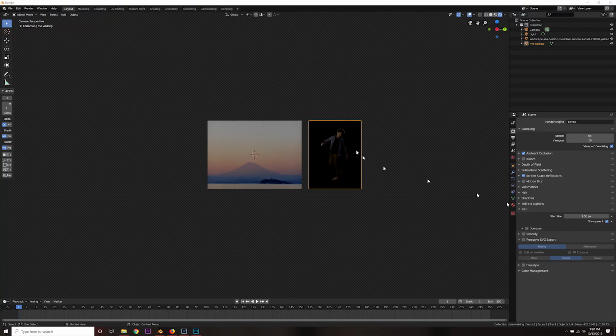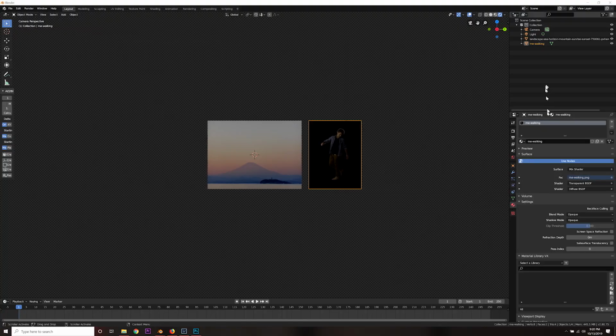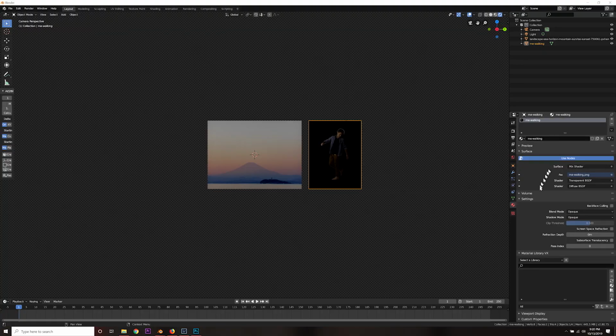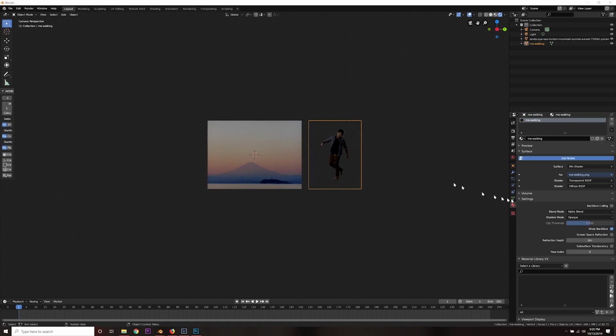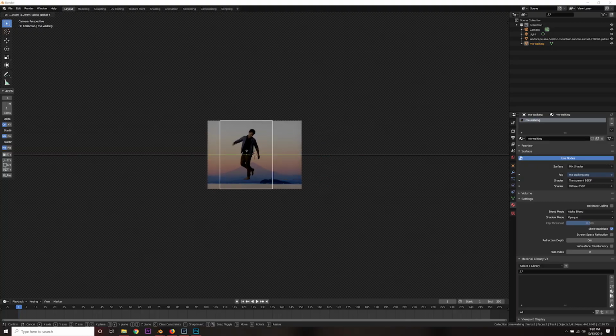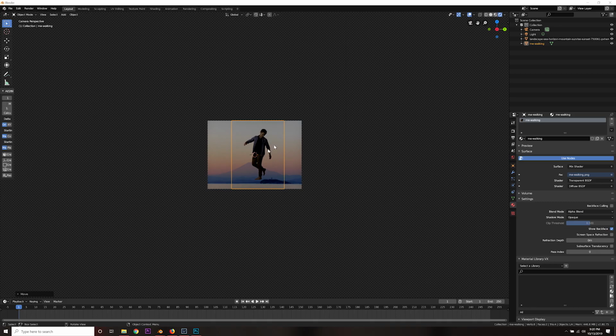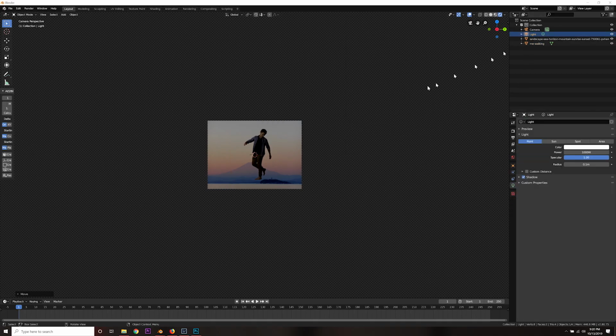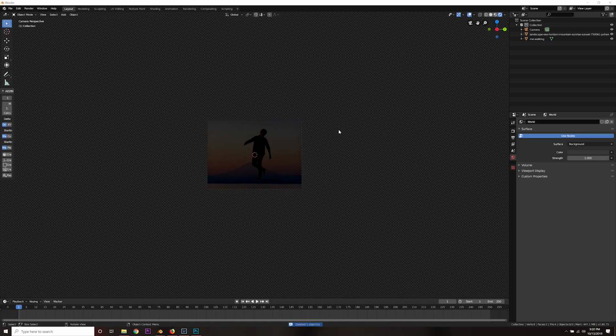Now, what we need to do is go to the image plane and go to the Materials tab, and under Blend mode, we're going to do Alpha Blend. And that lets us use the alpha channel. And now I'm cut out. You can see me if I put myself in front of the background. It's free and clear. Next, we're going to delete the default light, add in a sun lamp,